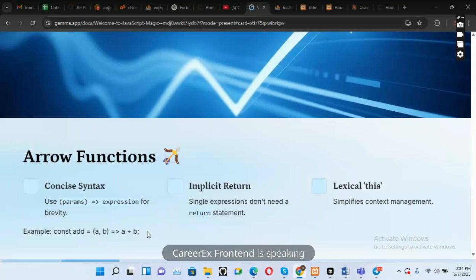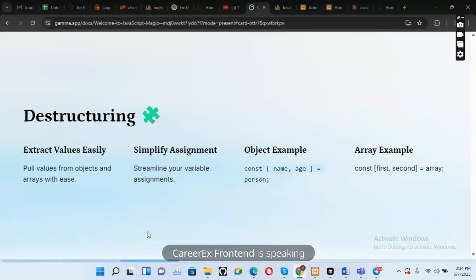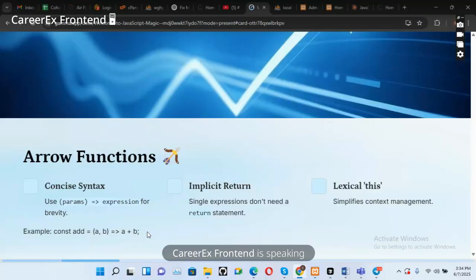So why can't we now use it? What are the use cases of arrow functions? We have things like handling events, array methods, and callbacks. These are some use cases where we actually employ arrow functions. Arrow functions are more short. So for example,